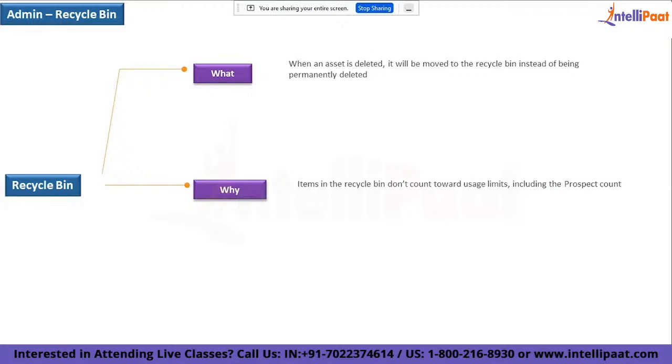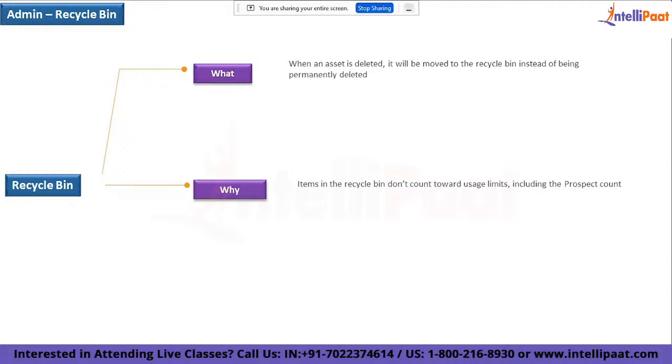So an important point is, let us say you have purchased a Pardot instance to manage a prospect count of 10,000. But day by day, your prospect count is increasing. Now it went beyond 10,000. The moment it goes beyond the manageable size of your edition, it will start sending a notification. The account manager, from the Pardot side, will start receiving an email. Now they will start approaching you for an enhancement or for an additional cost to manage the prospect size,